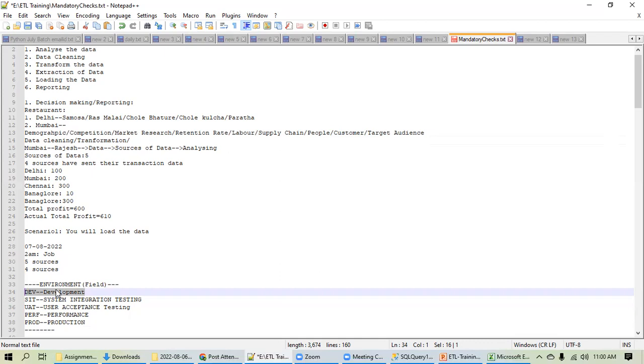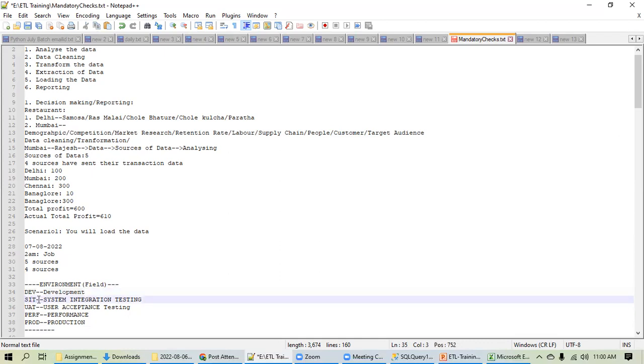Once they are done with the coding, they have written everything, finalized it, done the unit testing, and they're sure everything is fine, then they will deploy the code from dev to SIT. Is that clear? They will deploy from dev to SIT. The SIT environment is known as system integration testing. Here the testers will start their testing activity. SIT is also known as the testers' environment. They will do the testing here.